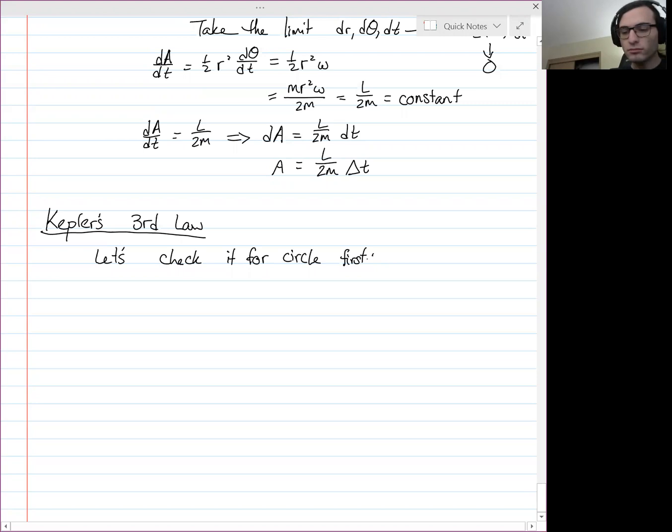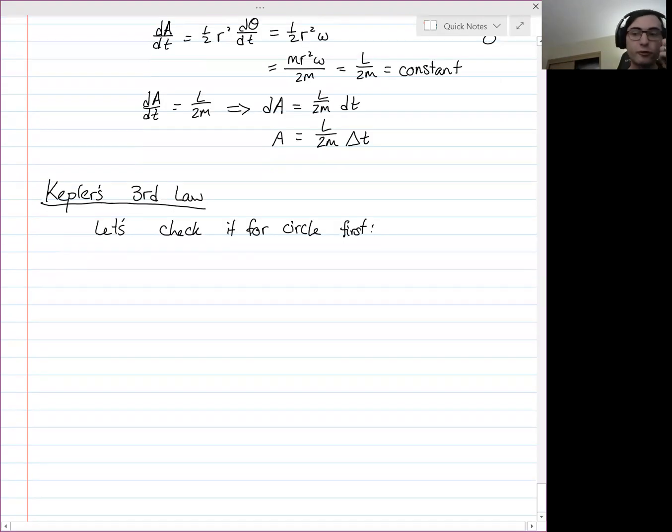So remember, Kepler's third law is the statement that the cube of the semi-major axis divided by the square of the period is a constant. For a circular orbit, the semi-major axis is the radius of the orbit, so we can just use that. First, in a circular orbit, the velocity is a constant, right? Kepler's second law would tell us that the velocity has to be constant,